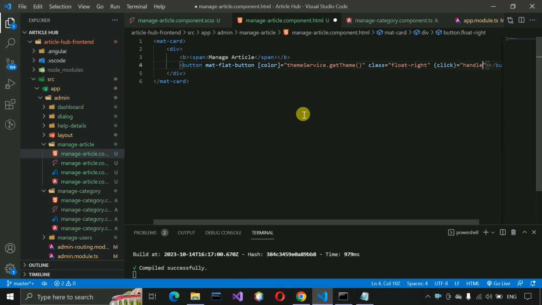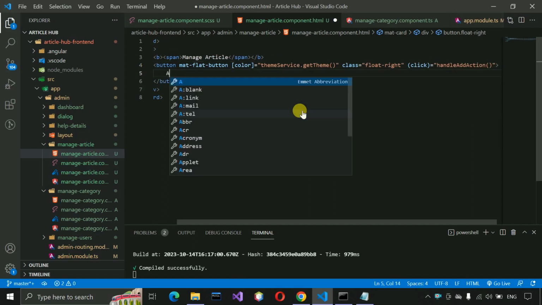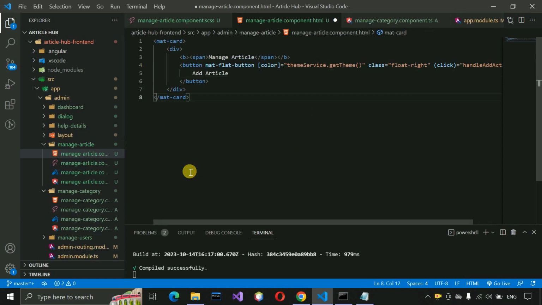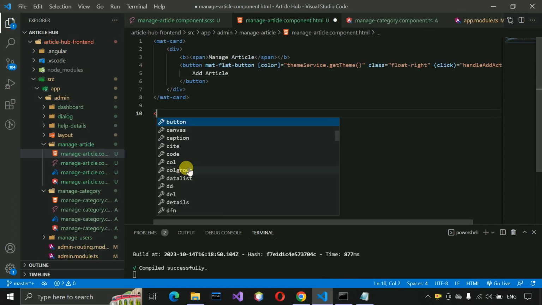handle add action, and here add article and put save it, and then here put HR